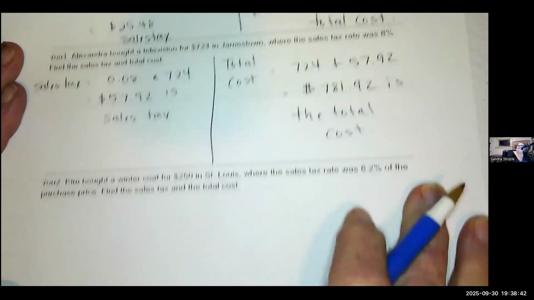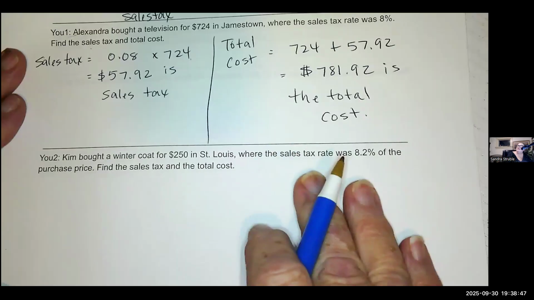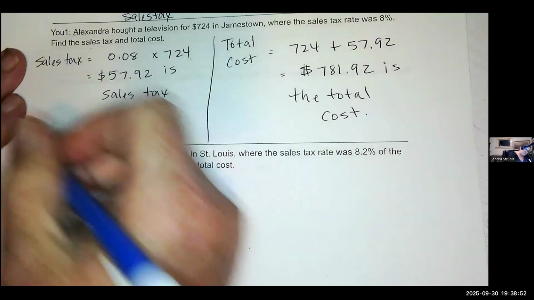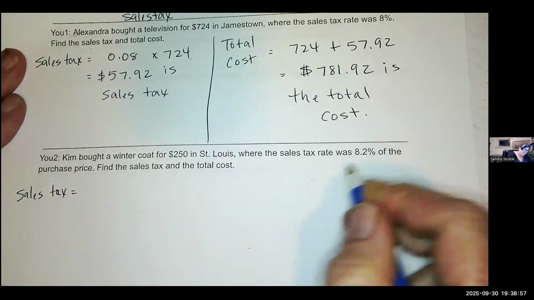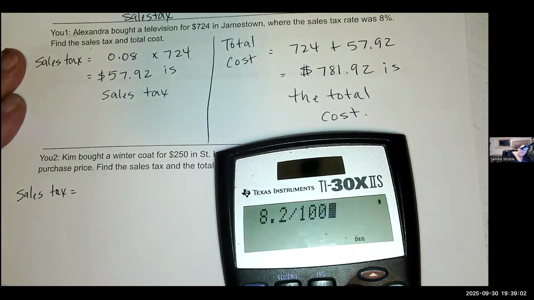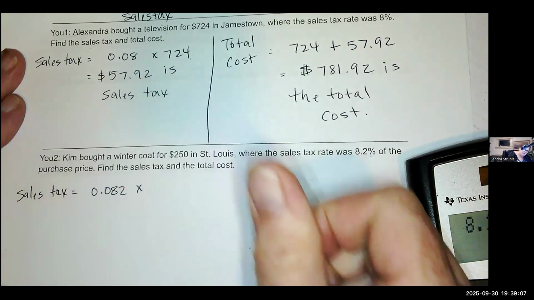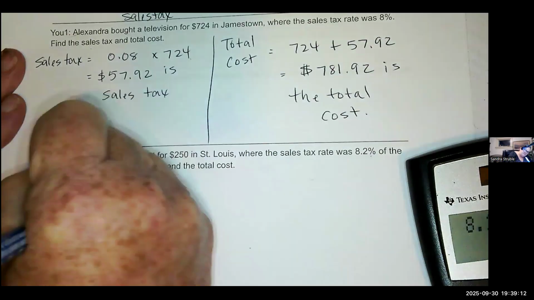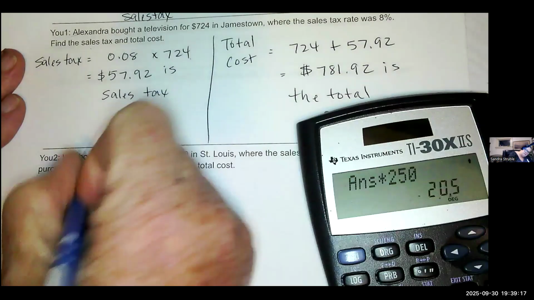Okay. Kim bought a winter coat for $250 in St. Louis, where the sales tax rate is 8.2% of the purchase price. Find sales tax and total cost. Pause the video, attempt this one yourself, and come back. We've got to have the percent in decimal form. 8.2 divided by 100 is 0.082 times the purchase price, which is $250. So times 250 is $20.50